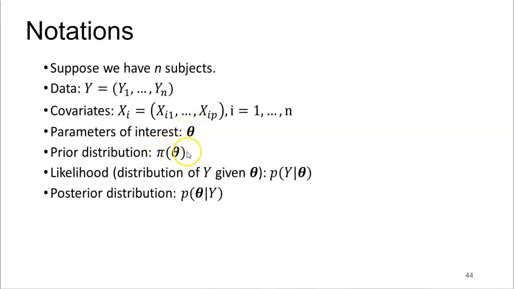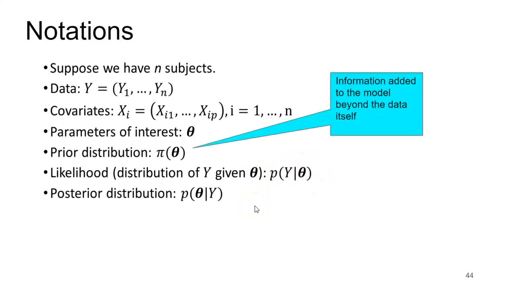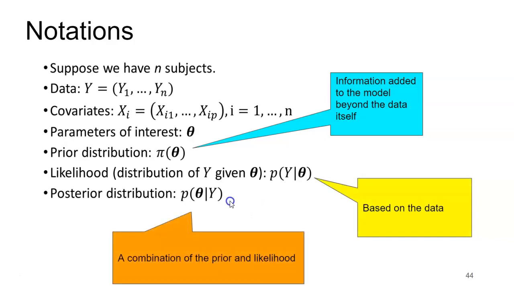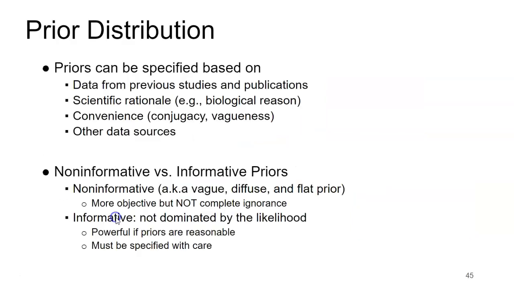And the prior says, here's probability based off, it might be opinion, it might be previous studies. We'll talk about different places where you can get a prior from. This is what the data says about that theta. It's based off the likelihood, and you put the information from the prior with the data, and what you get out is a posterior. That's what you give to the client. That's where you can actually make decisions about the population based off the parameters.